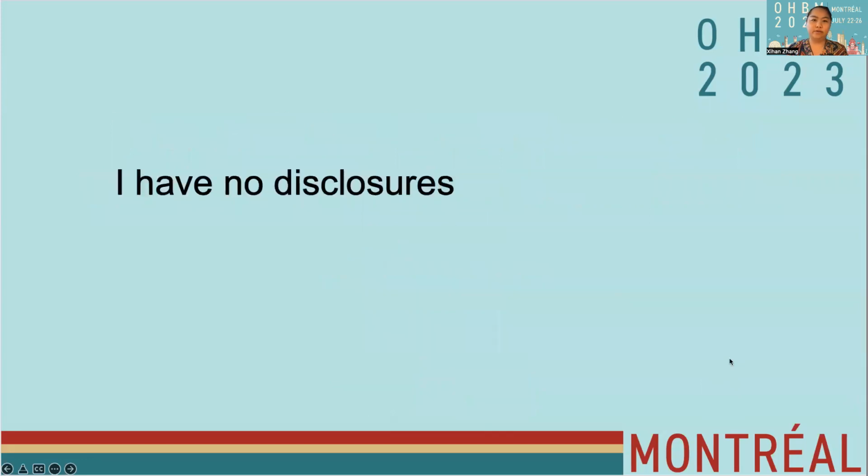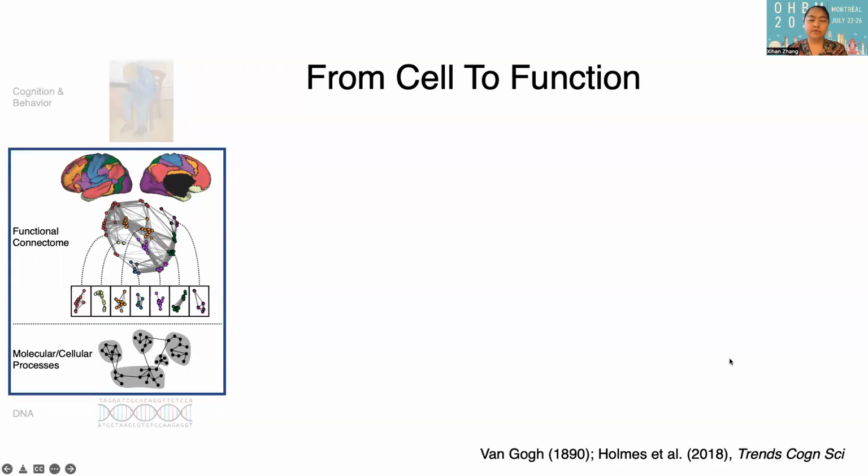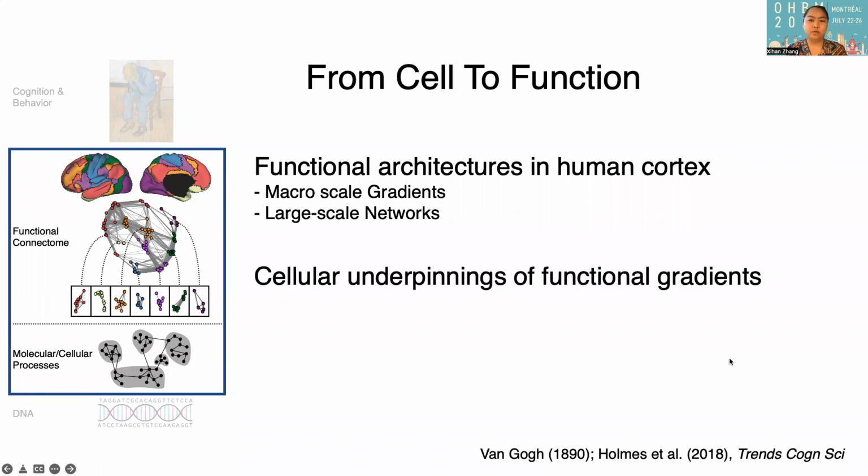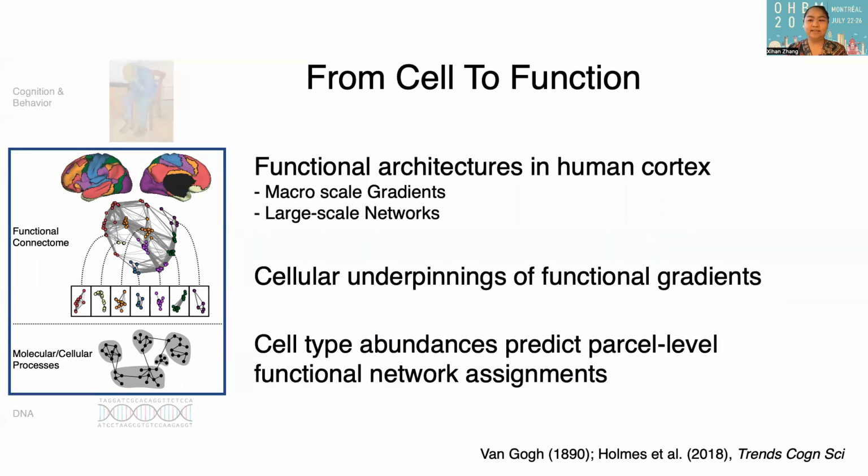I have no disclosures. I'll first briefly discuss two key properties of the functional organization of cortex, the macro-scale functional gradients and the large-scale functional networks. Then I'll present our latest work examining to which extent these functional properties observed in vivo are mirrored in the spatial distribution of cells imputed from the postmortem tissue samples. Lastly, I'll discuss some exciting analysis suggesting that the functional network assignments can be predicted from the cellular profiles in